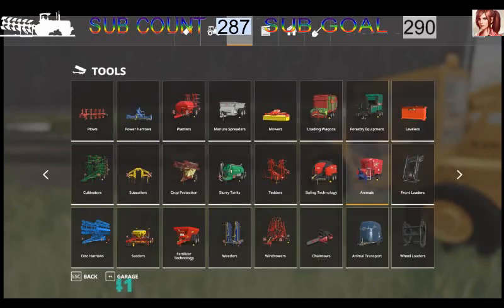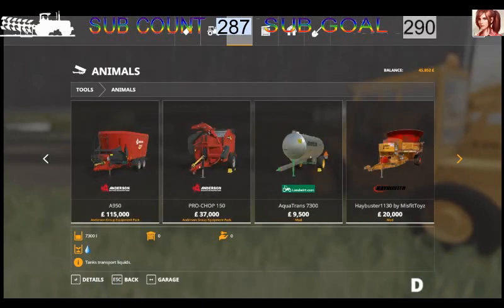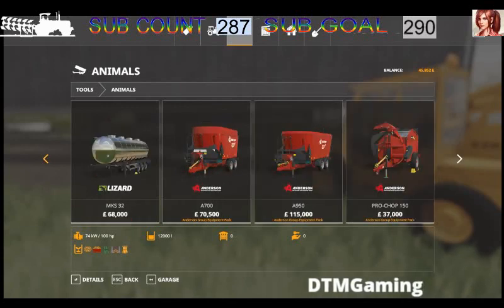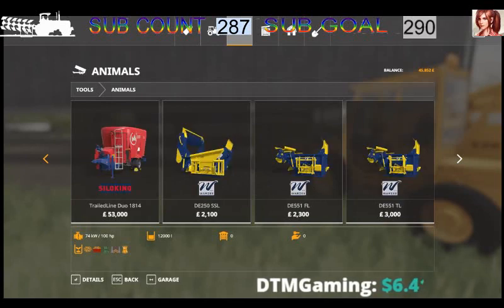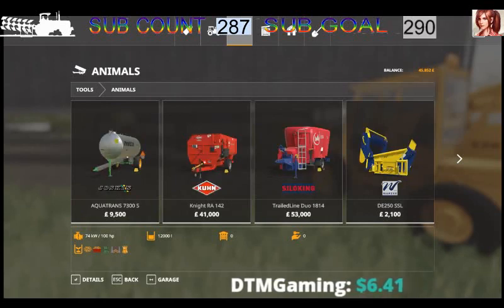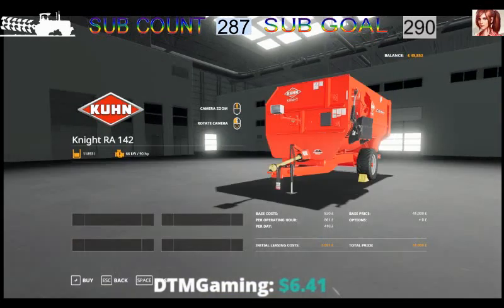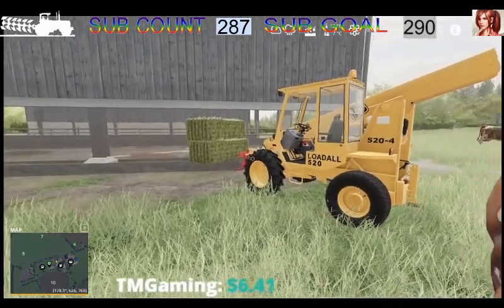Let's just have a look and see. Not sure how that thing works. It's £20,000. That one doesn't work in it. That's too expensive. The Anderson one's £70,000. Too expensive for what we need. The Knight is 41,000. That would do us. We could actually lease that for today. Should be able to now run over to the shop and